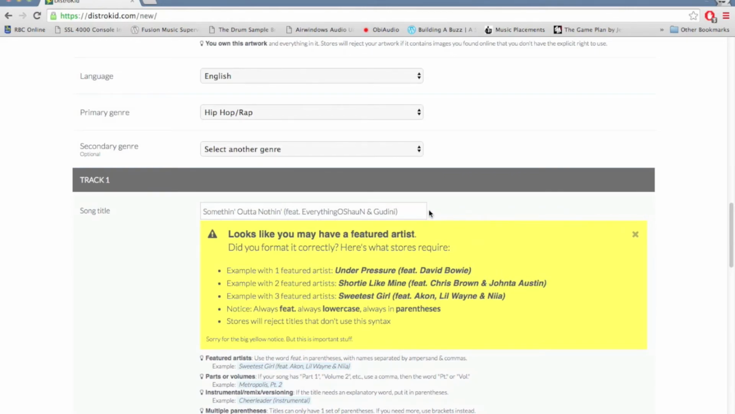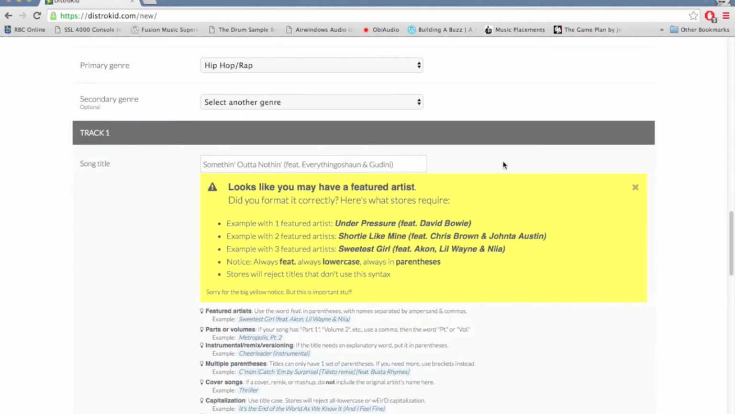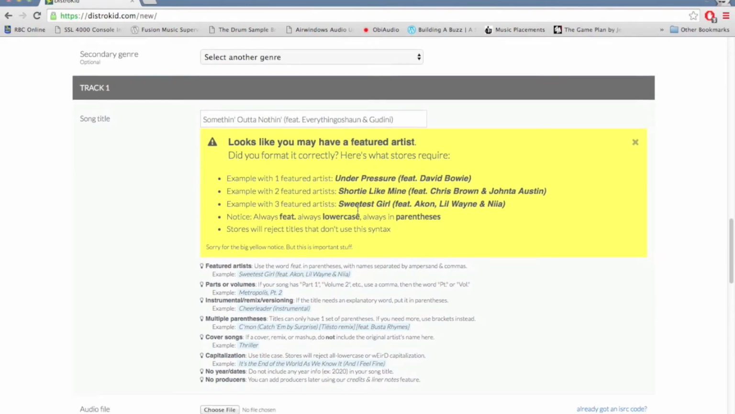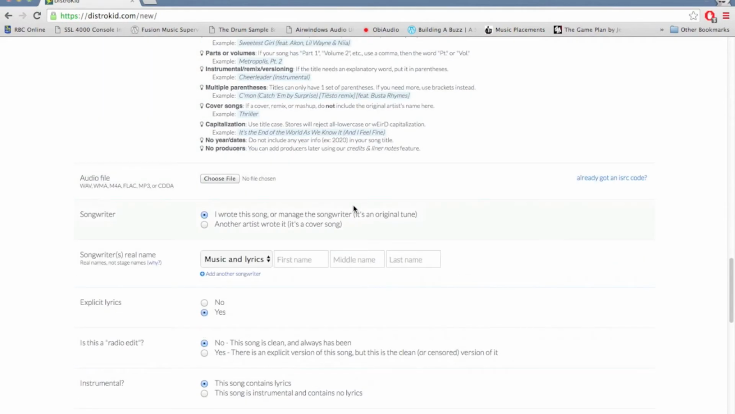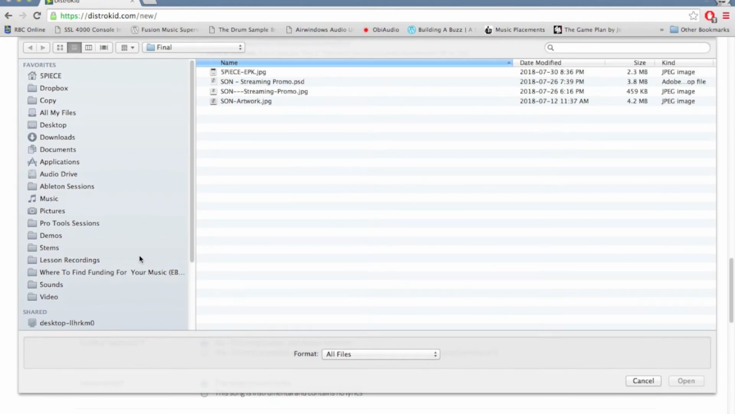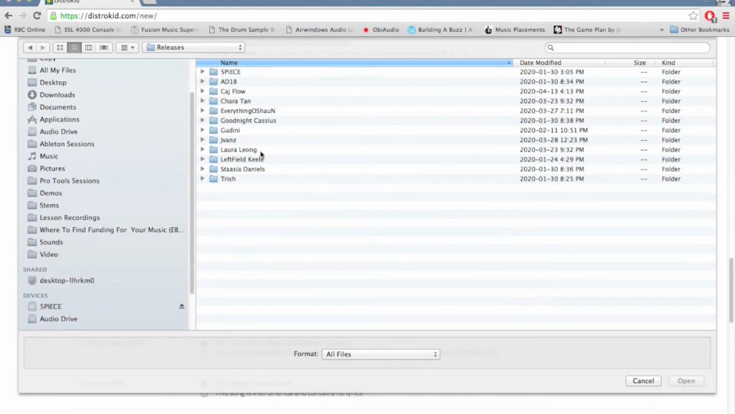Just to be safe, I'll put the lowercase f, always lowercase, right? Always in parentheses, right? And it tells you stores will reject titles that are basically not done properly. So this is all good. It's just reminding you just to prevent any additional problems. You're going to upload your file here. So I can go find the song,